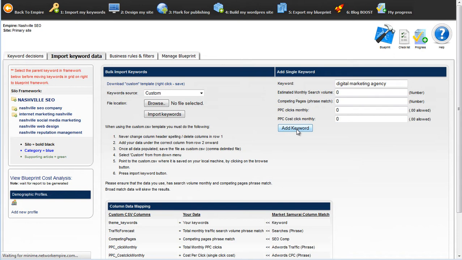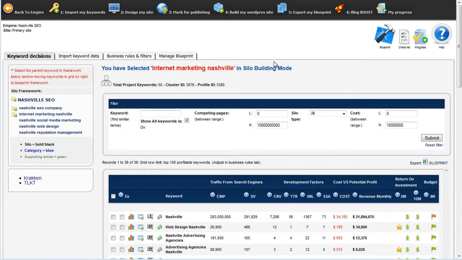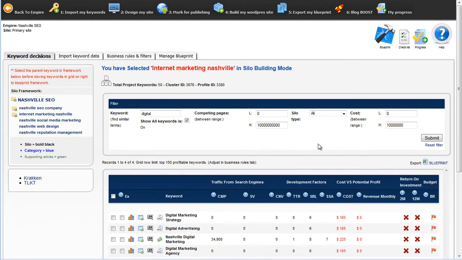And I'm going to add this keyword, and I might just find a couple more and add them. Hang on a second. Yeah, so I added a couple of keywords. They have all got digital in them. So let me just grab digital and hit the submit button here, and we'll just take a quick look at